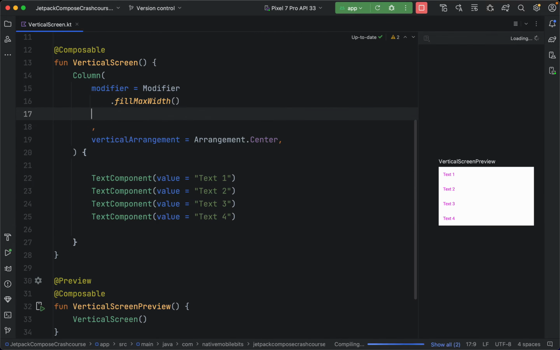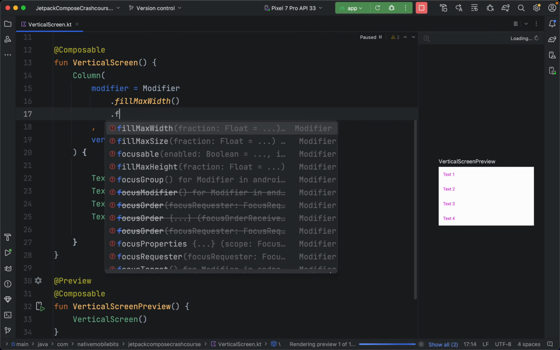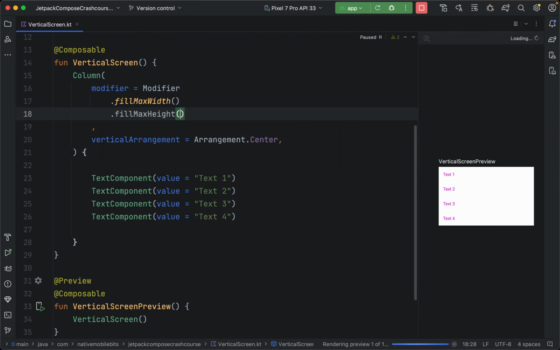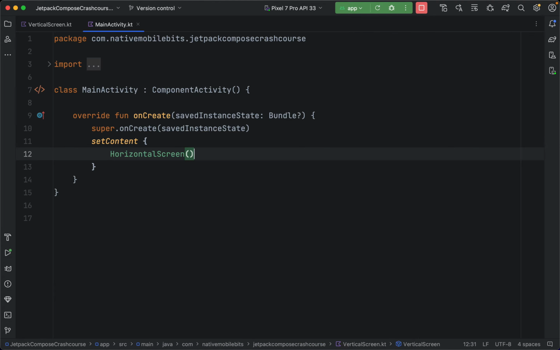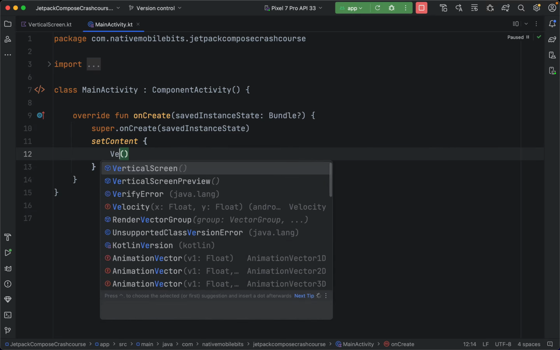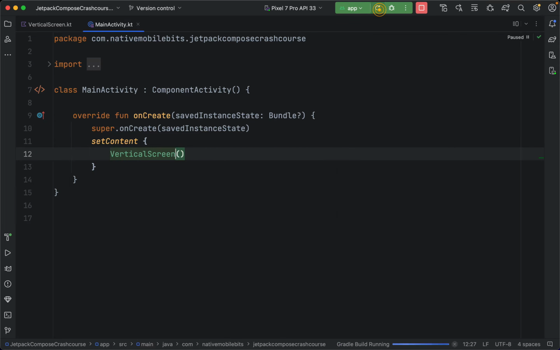Now let's try to add some custom height. So first we can go ahead with fill max height, and it's going to take the entire space on the screen. And to see that, first of all, let's try to run this on emulator, because there is some kind of preview we can say which is having fill max height, but it will be better if we run this on a device, right? So for that, let's try to go to main activity